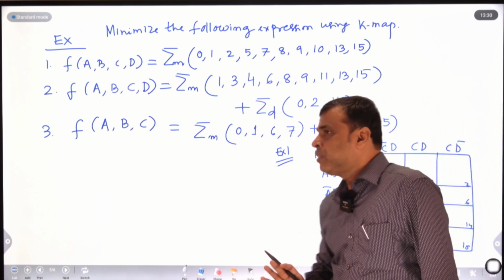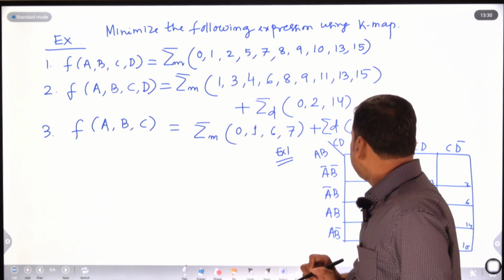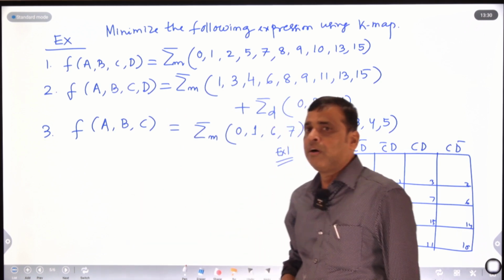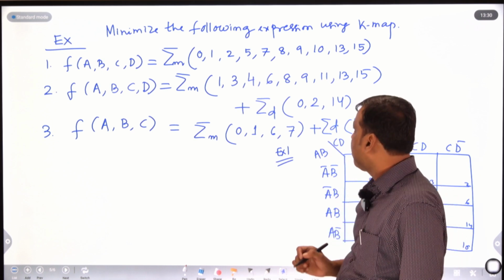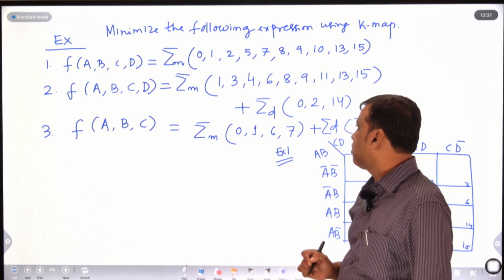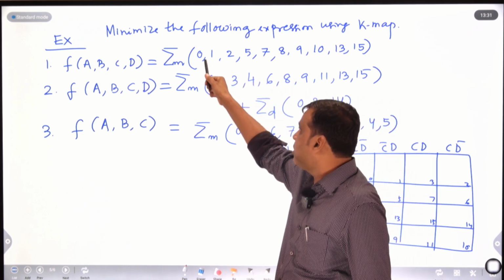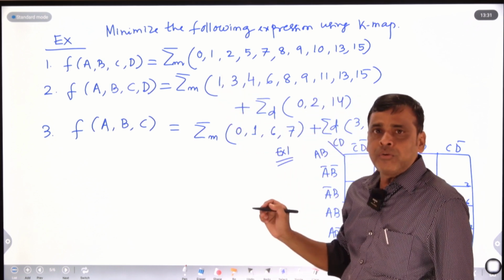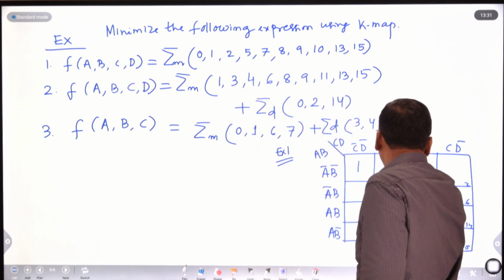Already we know the position of the decimal value representation of each square, and in each square we can put the min terms. Here the question is given in either min terms or max terms, but when we are going to find the minimal SOP, minimal sum of products, we have to combine the combination of 1s, that is product terms or min terms. So here the min terms are given, and at each position of the squares we have to put the binary 1. In 0, what will we put, 1 or 0? 1, because these are min terms. In 0, that is 1. In 1, there is a 1.